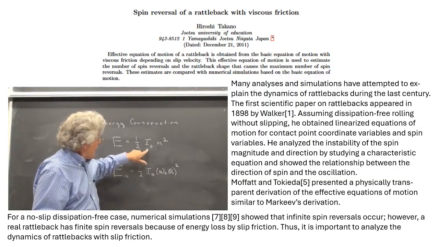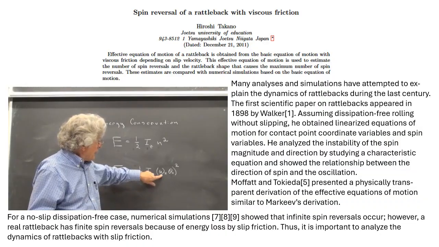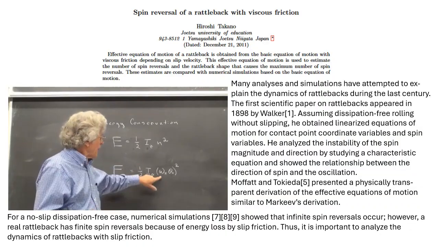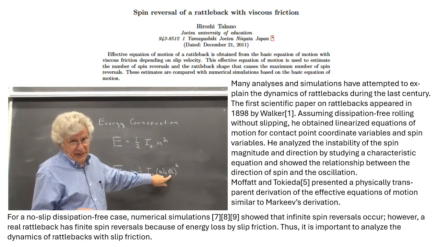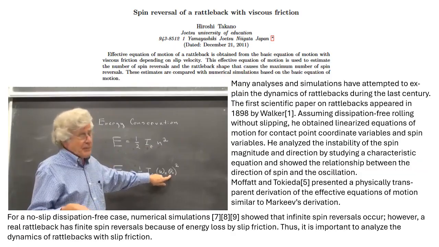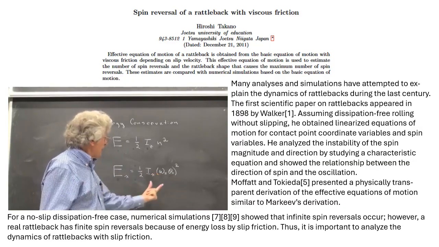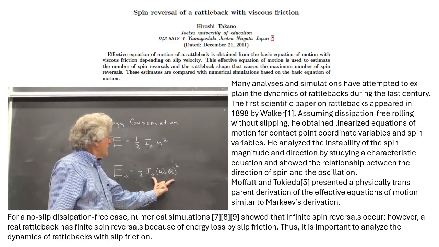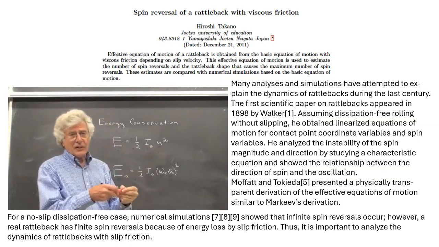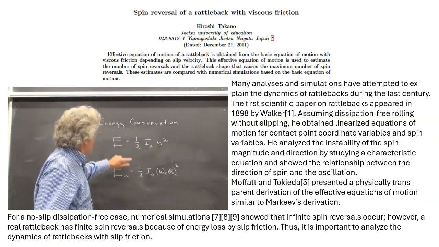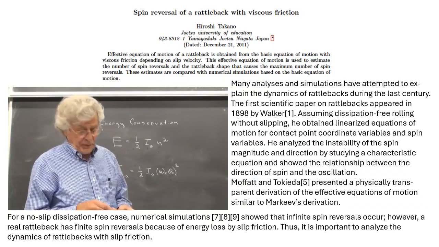Now, I_x is comparable to I_z. Omega sub x, the angular frequency for this, is quite high, certainly higher than n. The amplitude, that's the amplitude in radians, you expect to be something of maybe 0.1, 0.2. The final result is that this quantity, in fact, will be comparable to this. In other words, as the oscillation grows, it takes all of the initial energy. That means that the rattleback must